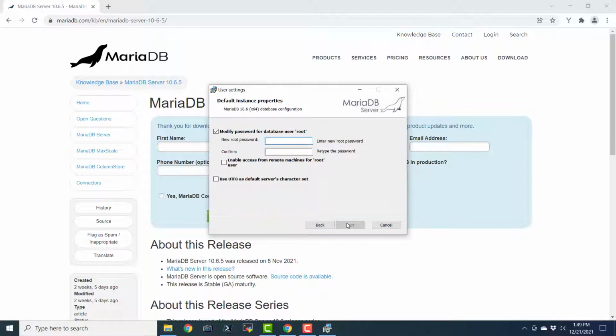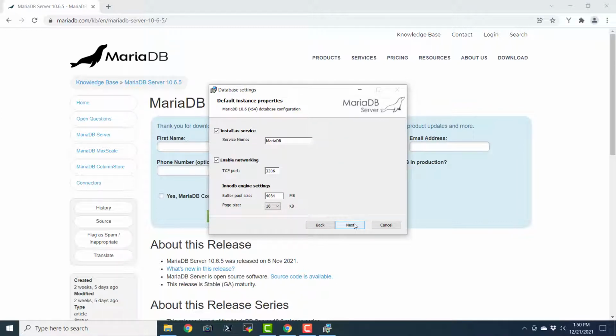For the password for root, I'm going to keep it the same. I'm also going to enable the root login for remote machines. And I'm also going to check this option, which is going to use UTF-8 as the default server character set. The password is going to be test123 in order to maintain compatibility with our earlier scripts. Earlier I attempted to connect to MySQL from Python, and there the password was test123. So I want to reuse the same code with minimal changes. Okay.